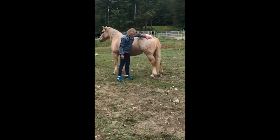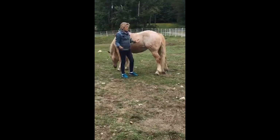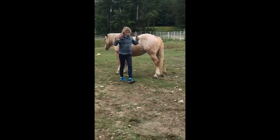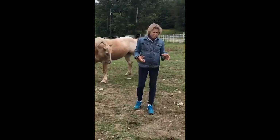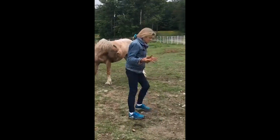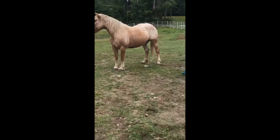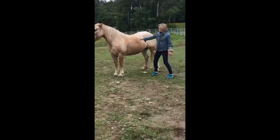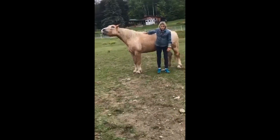Okay, so it's not that I'm anybody fancy or going to do something in a certain fancy way. It's just that when you understand how they're put together, control of their feet does not happen at the head. It does in one way. If you have to get the bridge of the nose, you want to keep the back feet off you. You have to keep the bridge of the nose on the other side. But as far as having a horse stand and wait and tell you what they want, they're pretty good at